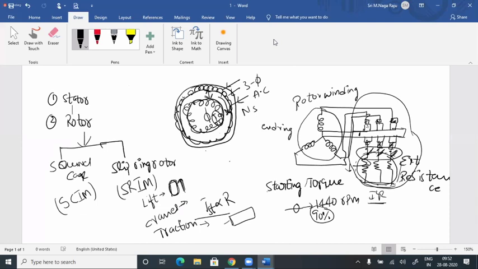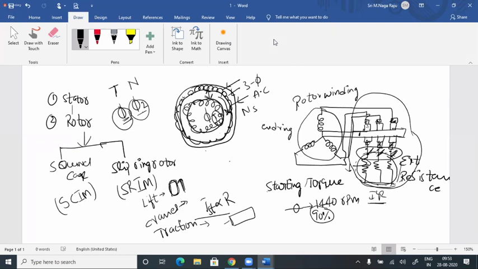I told you at the very beginning, to produce torque in any electrical motor, or to run any electrical motor with some speed, we need to have two fluxes in the machine. No doubt at all. Flux 1 is produced by the stator winding. Flux 2 is produced from the rotor because of mutual induction. Now, the interaction of these two fluxes causes the torque on the rotor. That is force. That force causes the rotor to rotate. Now the rotor will rotate.